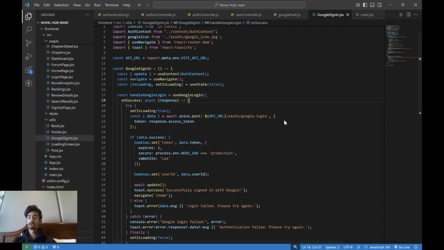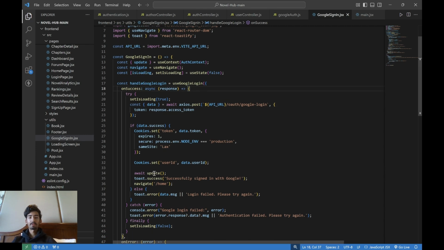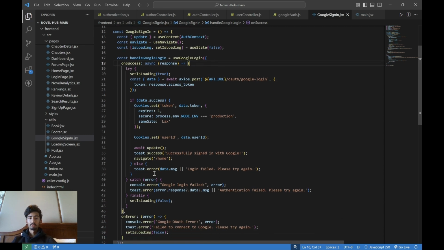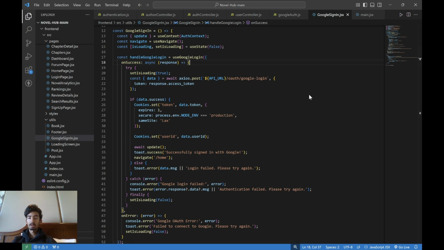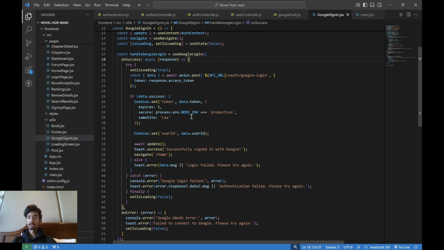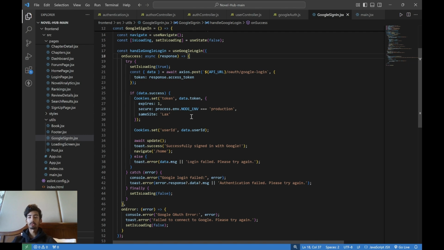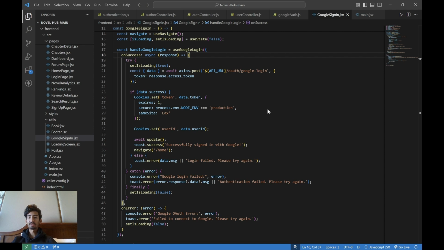of the login operation. Next, we have Google login handling. The handleGoogleLogin function is configured using useGoogleLogin. On a successful login, the Google OAuth tokenResponse.access_token is sent to the backend using an axios.post request. If the backend responds with success, the token is stored in a cookie with a 1-day expiration and appropriate security settings. The user's ID is also stored in a cookie. The update function refreshes the authentication state, and the user is navigated to the home route with a success toast